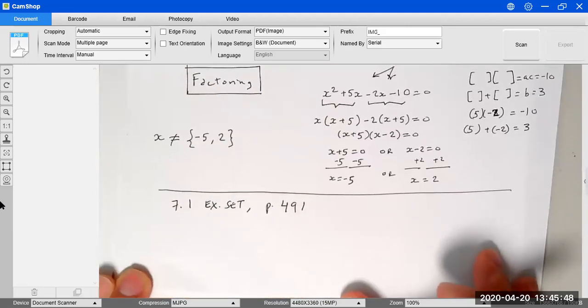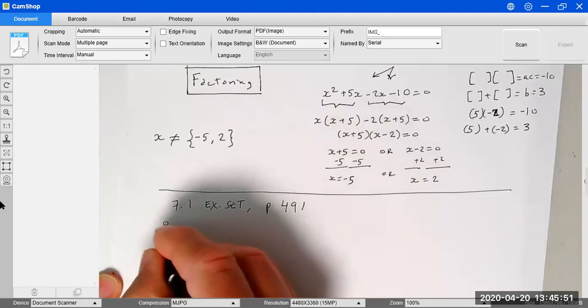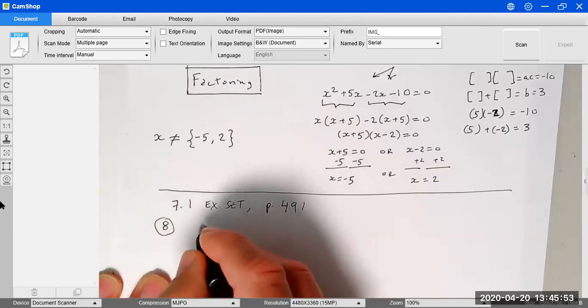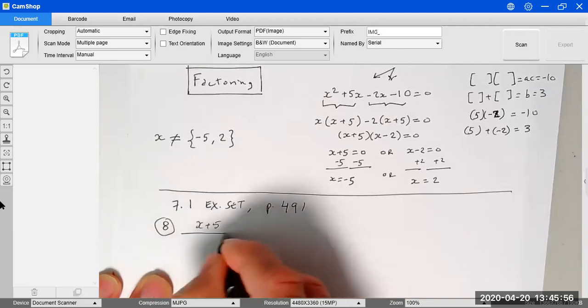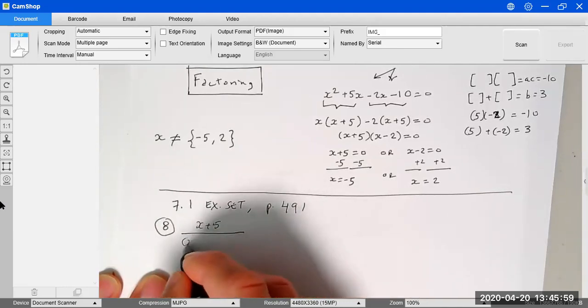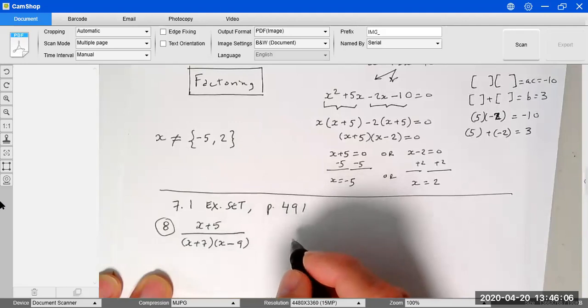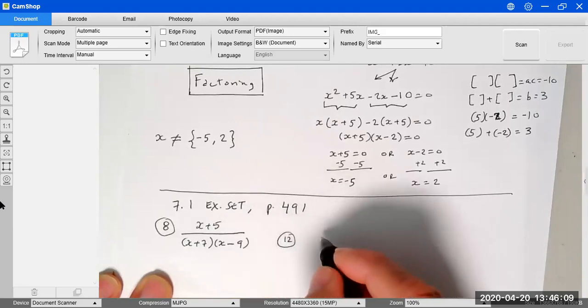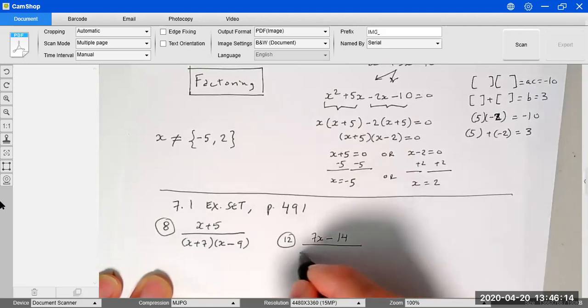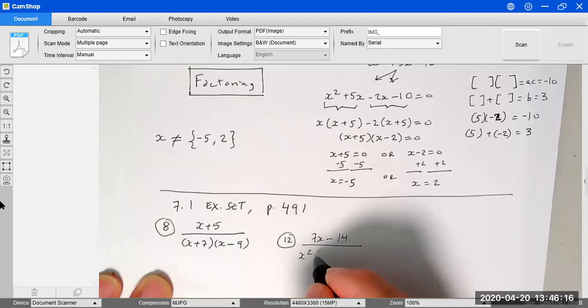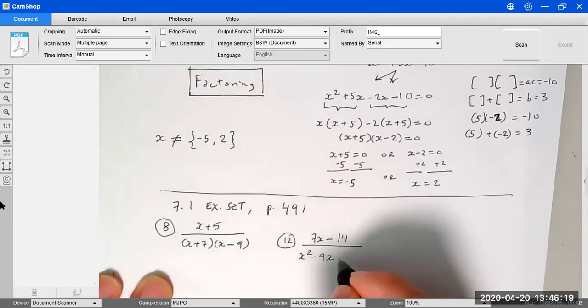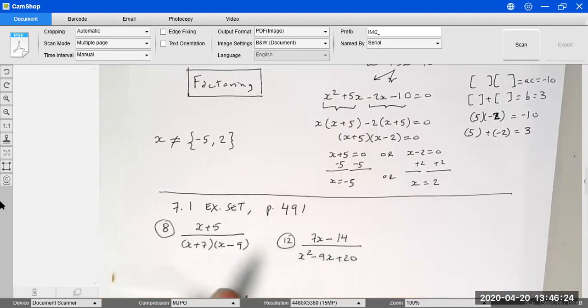You're gonna solve problem 8: x plus 5 over x plus 7 multiplying x minus 9. Then we have problem 12, which is 7x minus 14 over x squared minus 9x plus 20. And then we have